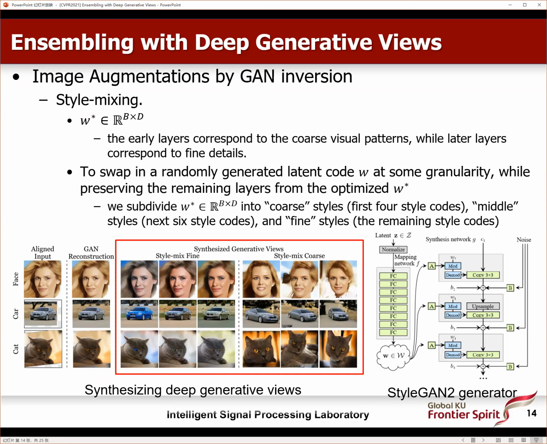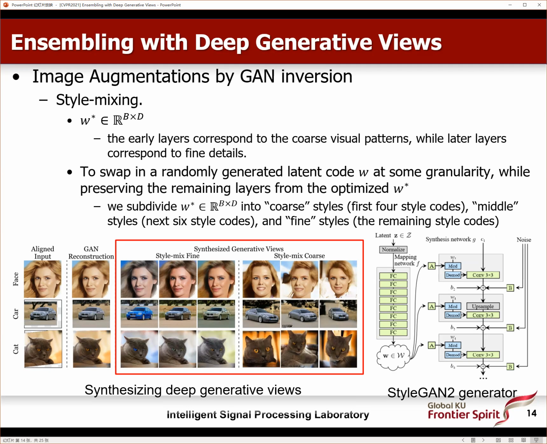And also we have the middle styles. They are represented in the next 6 style codes. And then we have the fine styles. The fine styles mean very slight changes to the images. For example, the color of the eyes, the color of the hair, the texture of the skin. So it is a very tiny change, so we call it the fine styles. So in this method, we just want to manipulate